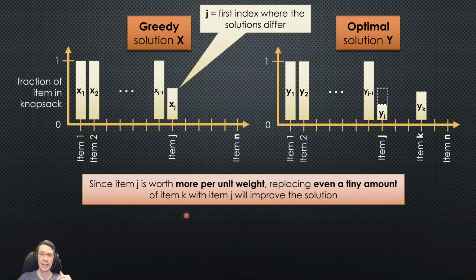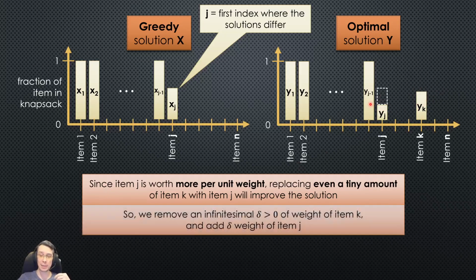So it doesn't actually matter how much weight we take away of item j and add of item k. We can just remove an arbitrary infinitesimal delta of weight, some delta greater than 0. We're going to remove that much weight of item k, and we're going to add delta weight of item j. Any tiny delta will be enough to improve the optimal solution by a tiny amount and produce the contradiction that